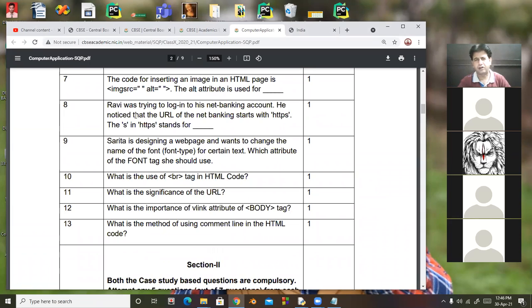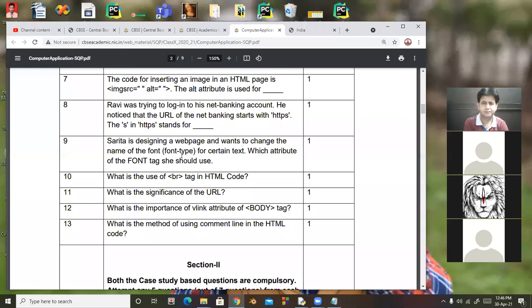This question is not linked with HTML. Next question is question number 9. Raghav, give the answer.